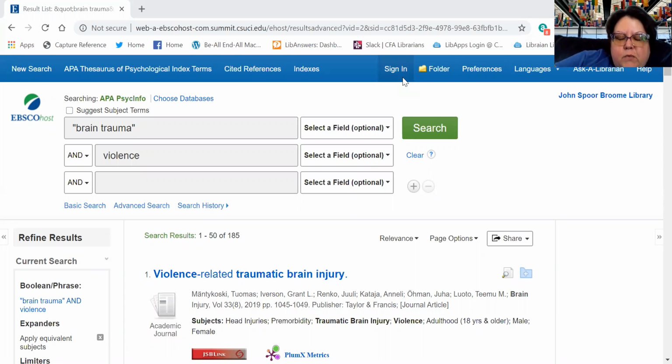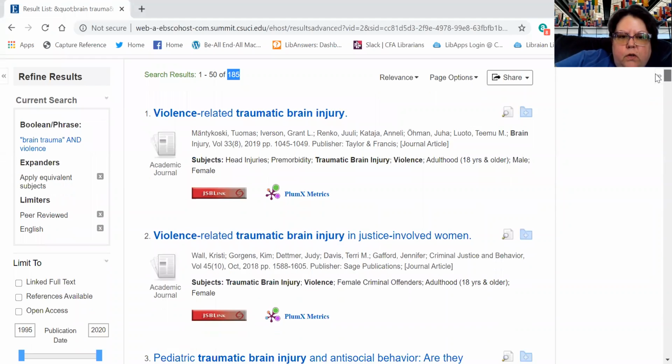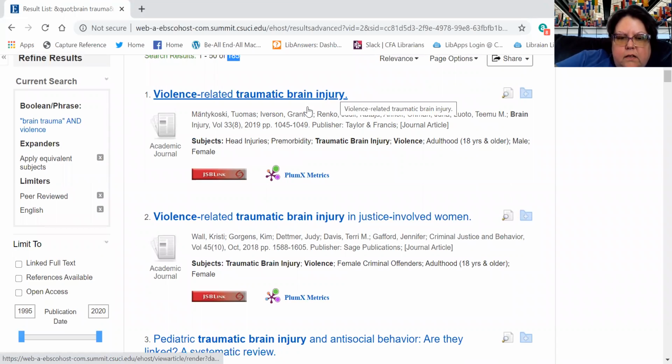Now we're going to examine our search results and actually go into some of them, into what librarians call the full record, to get more information on the research that we've retrieved with our search. If you scroll down, you'll notice we have 185 results to choose from. And as you scroll, you'll see the title, some bibliographic or citation information, some subjects, and